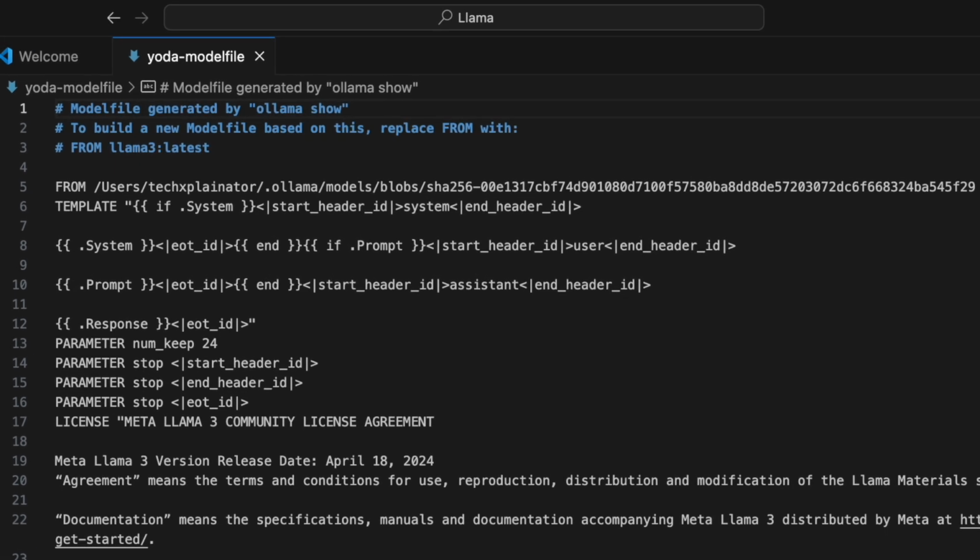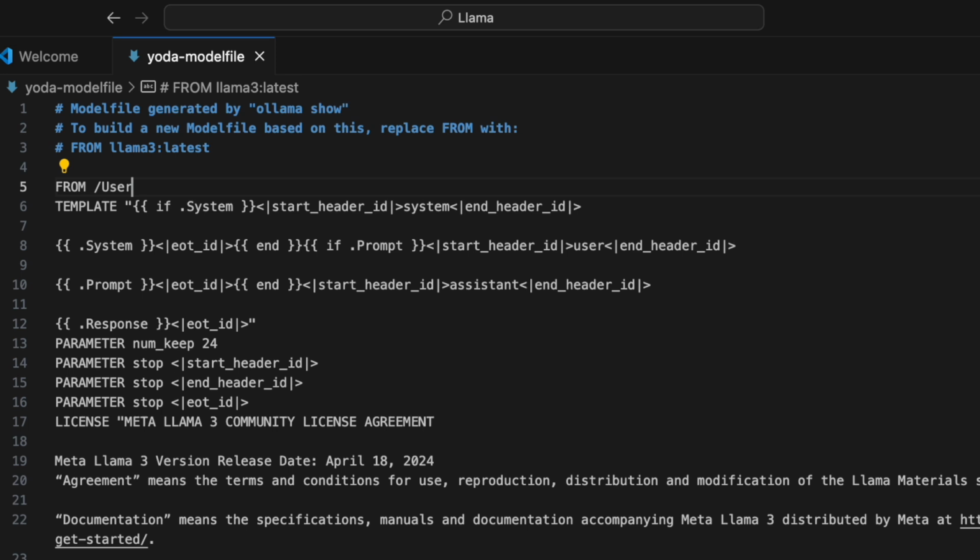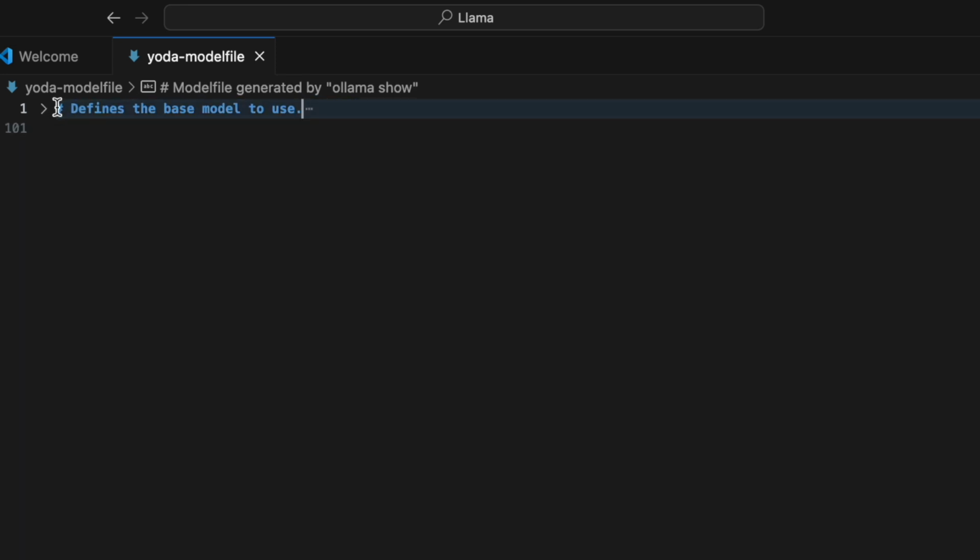First off, there's a FROM instruction, which is one of the mandatory instructions we need to include in our model file. As you can see, it currently points to a weird-looking file name on my machine that contains the original LLAMA3 model I downloaded from Ollama. According to the comments at the top of the file, to build a custom model out of LLAMA3, I should replace this with llama3:latest. So let's do that. And for better readability, I'll just delete the comments that came with the model file copy